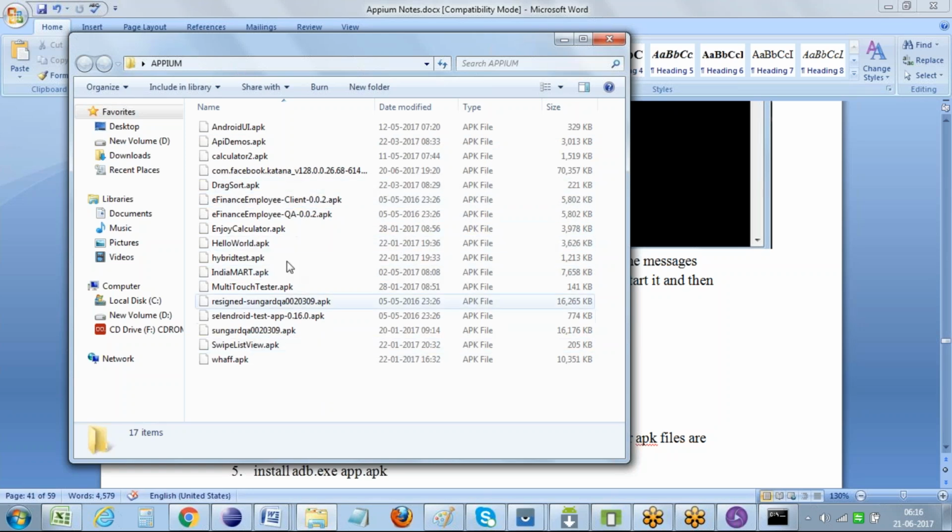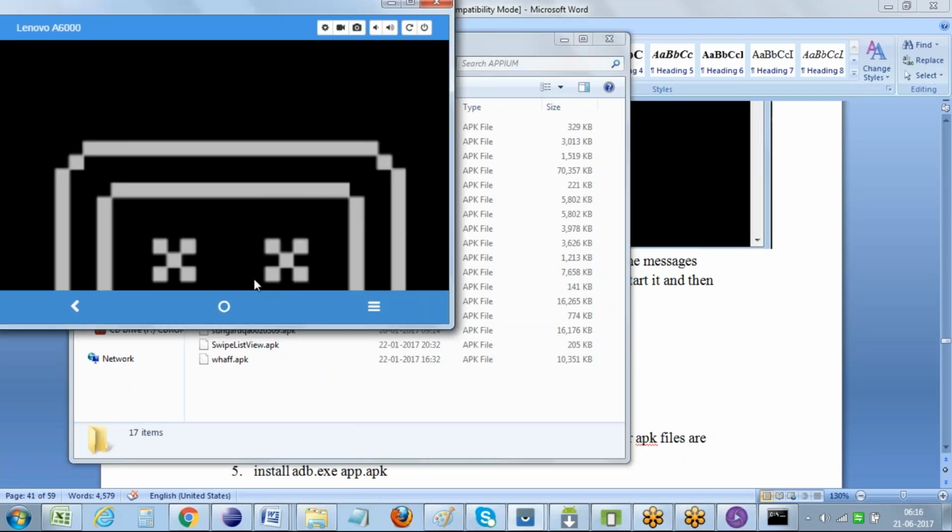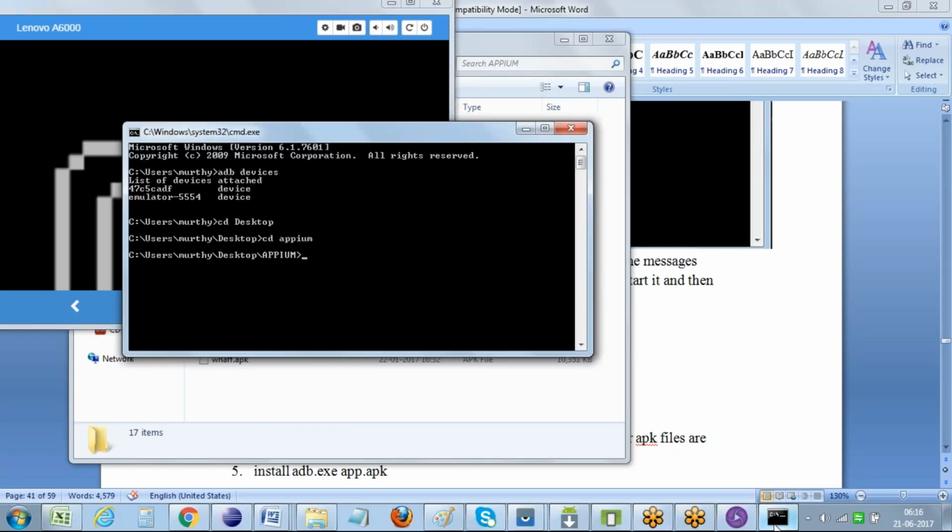Every app was already installed in my mobile. So what I would like to do, on my mobile device, let me check it in a visor. It's not displaying the mobile devices in the visor. Hence what I am doing means